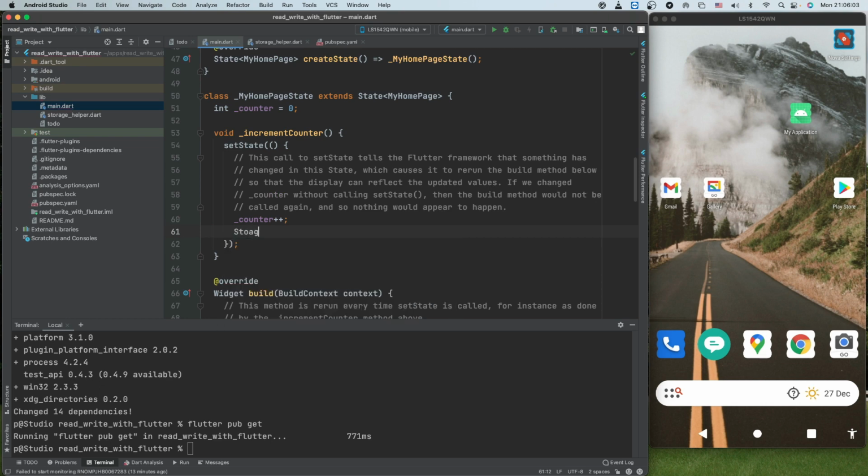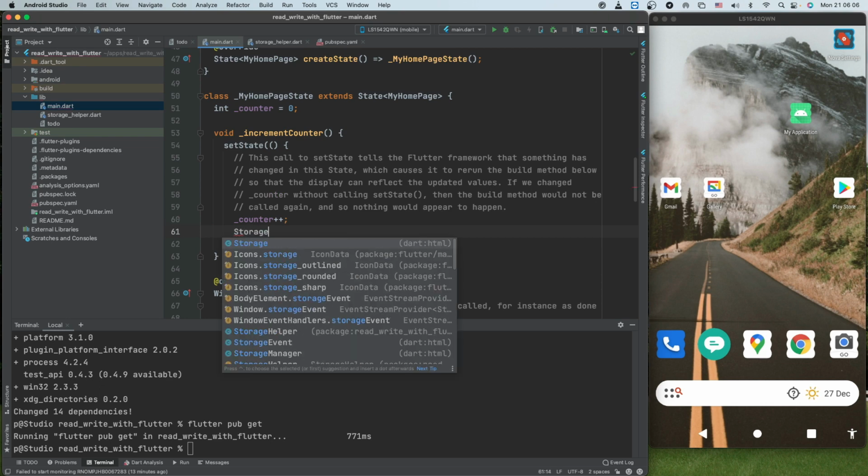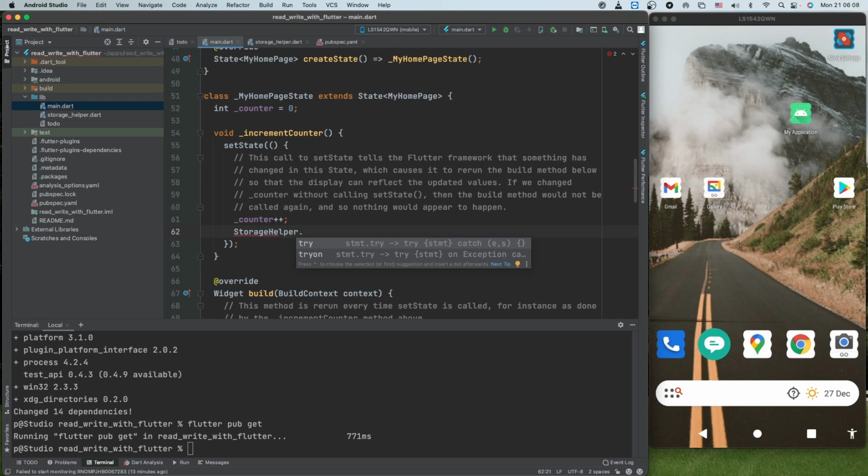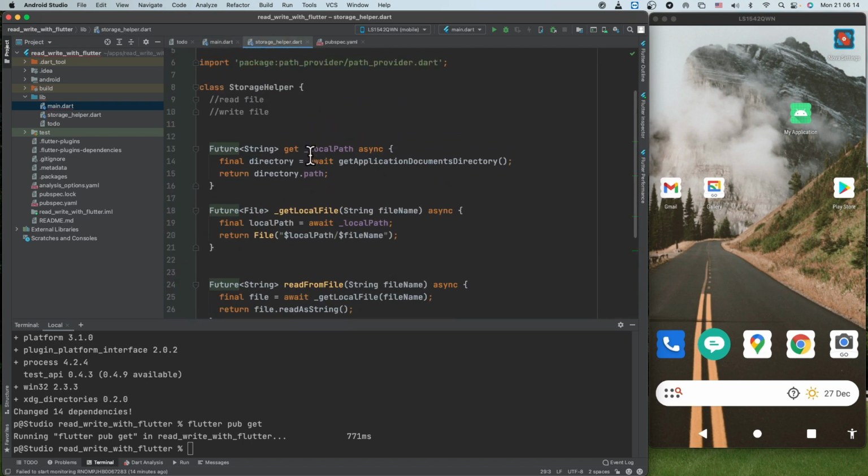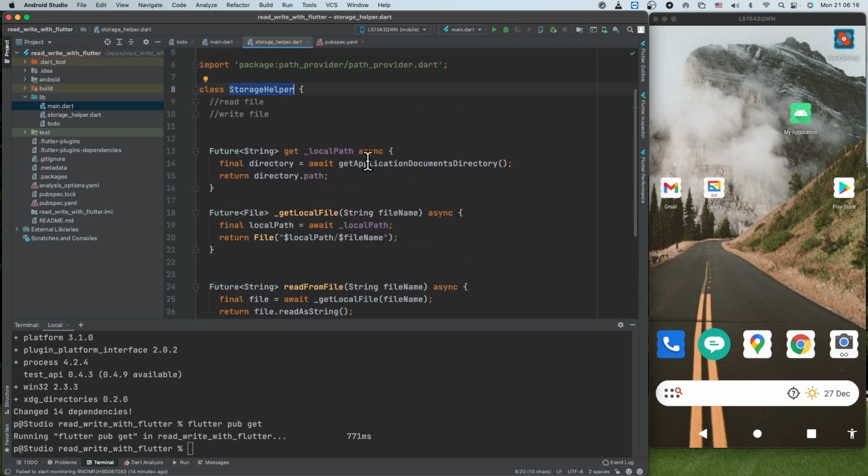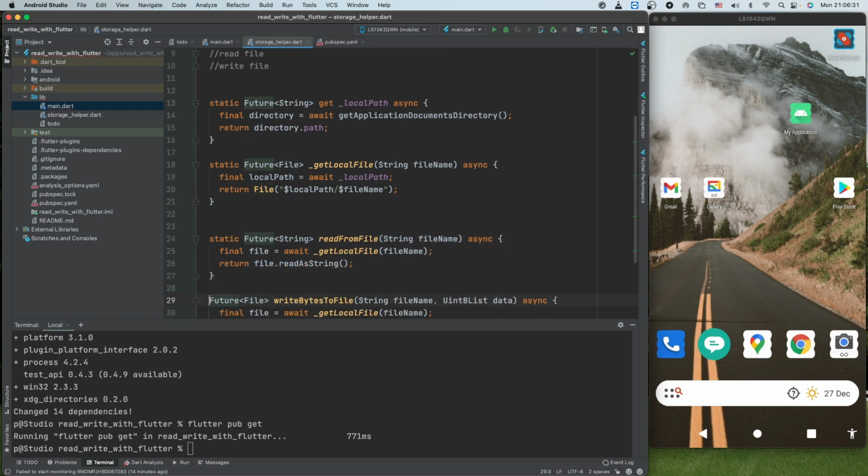So we had created storage helper. Okay, nothing is coming because we have to create an object of this file. Instead, what I will do is use static, so that I don't need to create an object of this class.